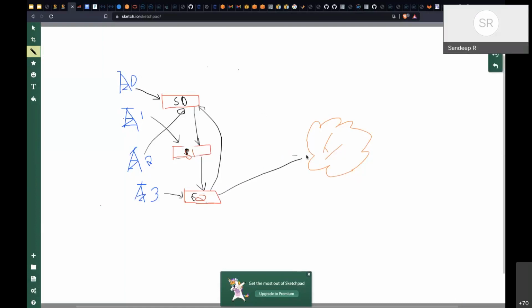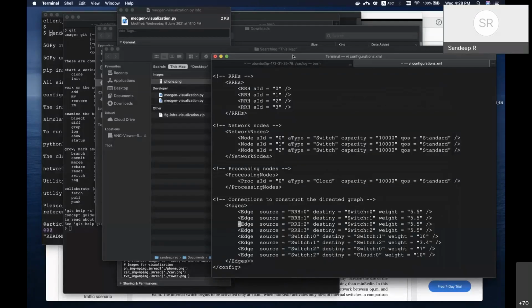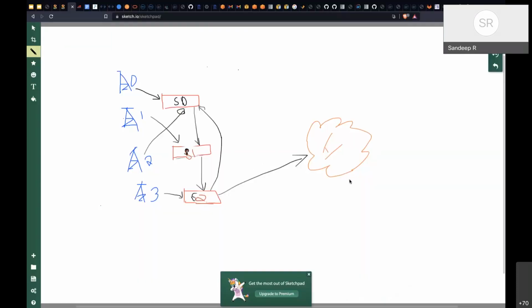So switch 2 is connected to the cloud. So what it says is, switch 2 is directly connected to the cloud. So in other words, this is the cloud, right? So that means if there are users sitting here connecting to this tower, their data will come from one of the towers, go finally to S2, and then from S2 it will go to the cloud. So everybody has to come to S2. For tower 3, the people will directly go here. But on towers 1 and 2, they have to come to S2.